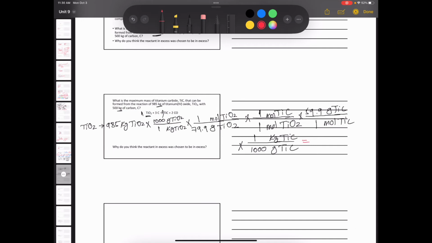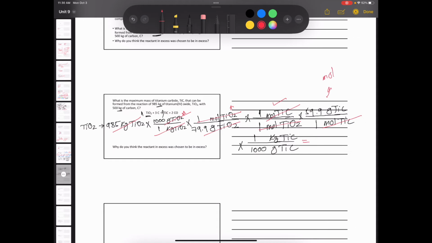So I have kg titanium oxide, cancel out with kilograms titanium oxide. I am left with grams of titanium oxide. That one is going to cancel out with my molar conversion, or the molar mass. Now I have moles of titanium oxide, which will cancel with mole of titanium oxide. Now I've reached mole of titanium carbide, which is going to cancel with a mole of titanium carbide using the